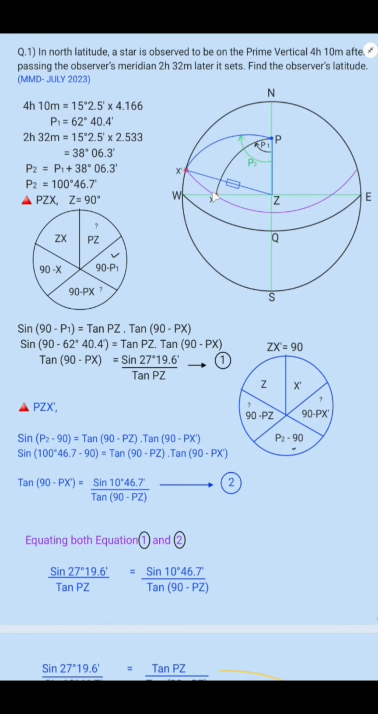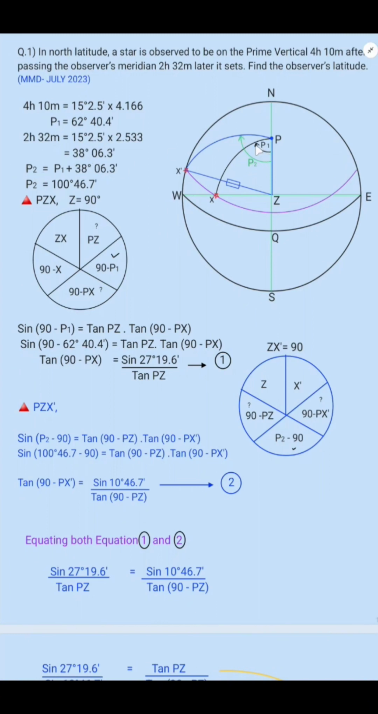And then 2 hours 32 minutes. The star will travel 15 degree 2.5 into 2.533, that is 30 degree 06.3 minutes. So in 2 hours 32 minutes the star will travel this much, that is from here to here. So P2, this green angle,